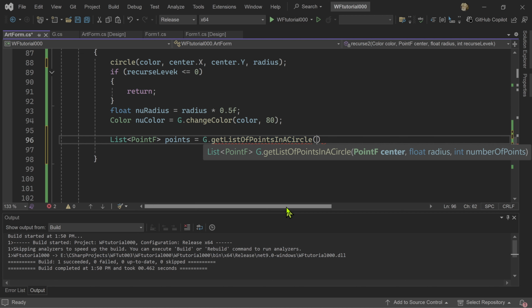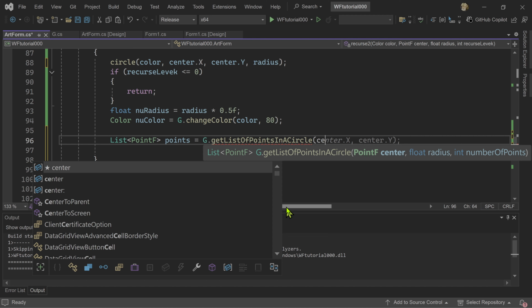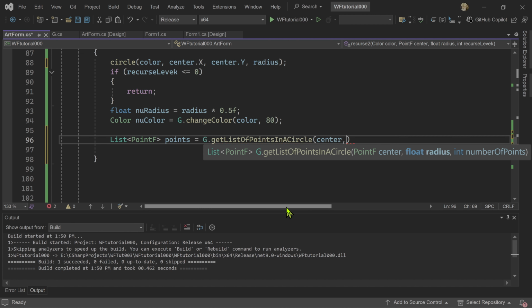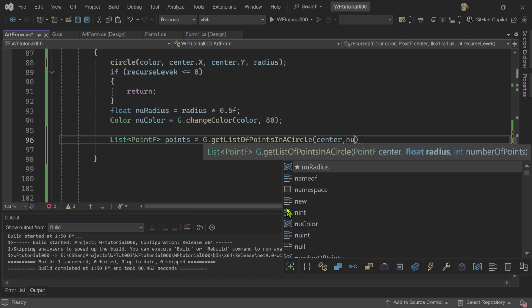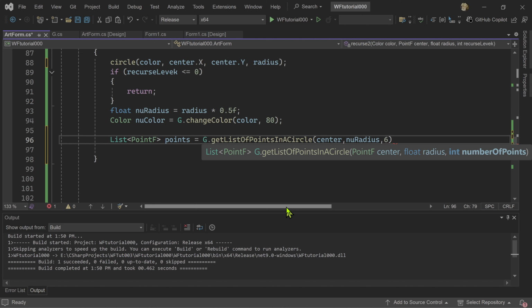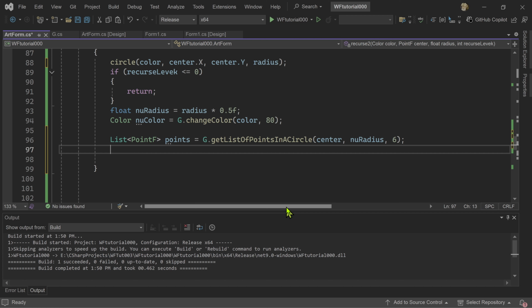Okay, now remember the arguments are the center point. So I will just say we already have a variable called center. So we'll take the center point. And it's also a radius, but we want the smaller radius, so I'll say new radius. And how many, instead of 4, let's have 6. Okay, so we're going to have 6 circles inside the circle to make a recursive circle. So let's get